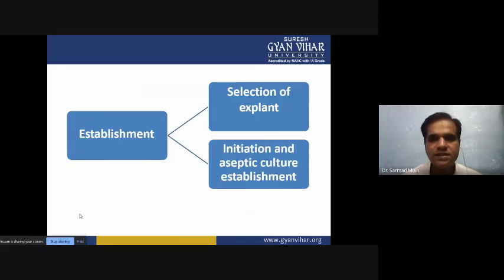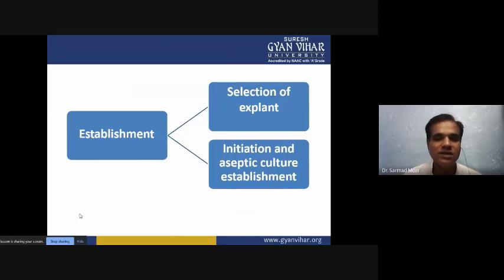The first technique is selection of explant, where we select the explant to be used in micropropagation. Selection of the explant is a very crucial part, where we have to select a young, healthy explant or a suitable plant for micropropagation. Many things have to be considered. It is not an easy step, and we always have to select a suitable explant, because if we select an unsuitable explant, it will hamper the final result.